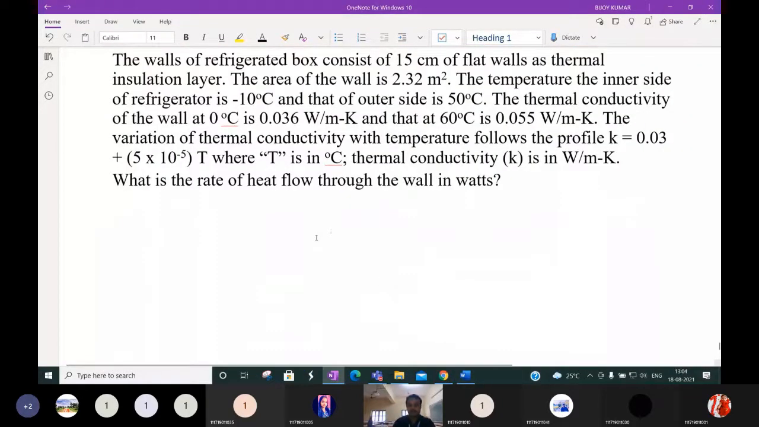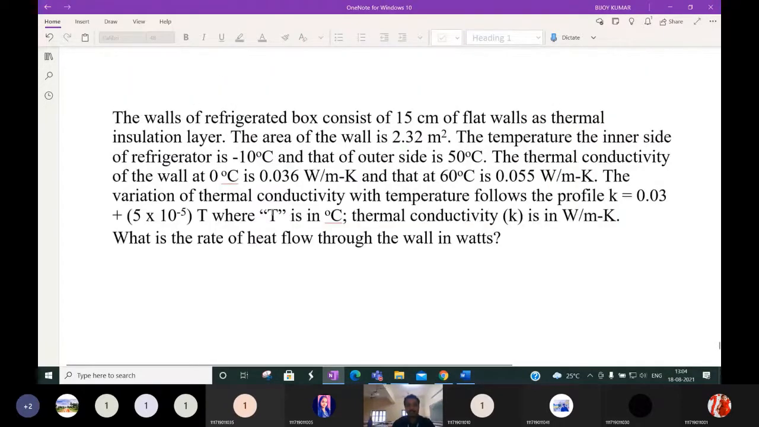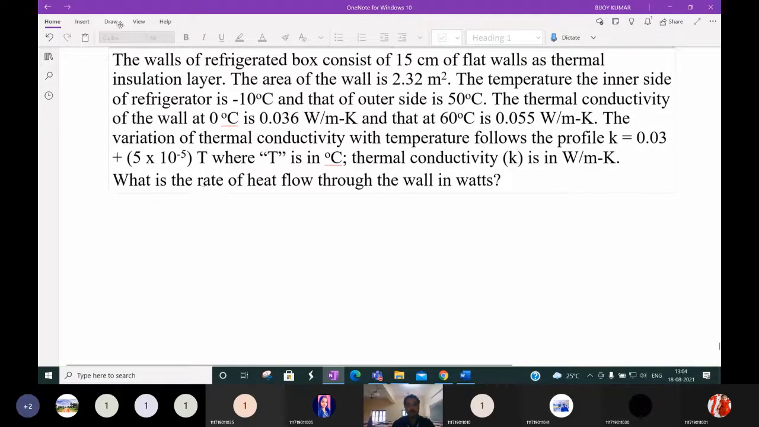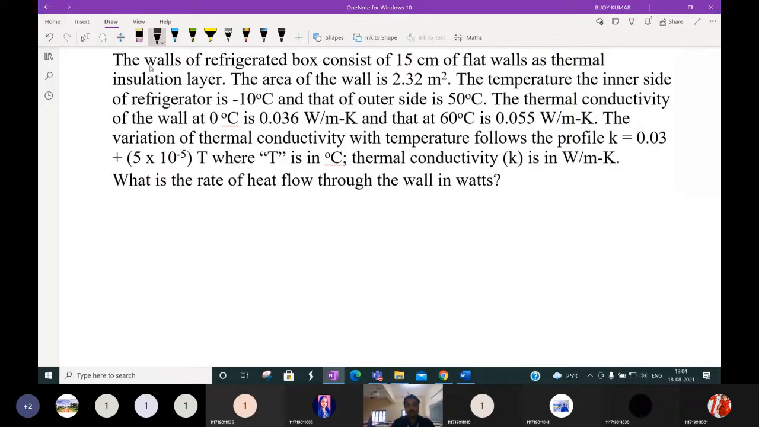Some refrigerated box is there. Refrigerated box is what? You know that in refrigeration you are cooling things so that the temperature will not be lost. For cool things or for cold application it is generally used. So the refrigerator box, suppose say the walls of a refrigerated box consist